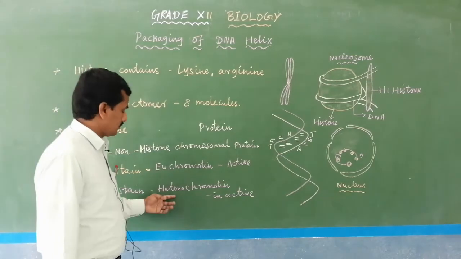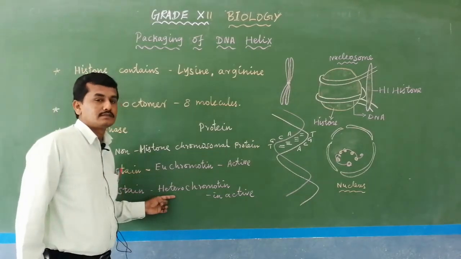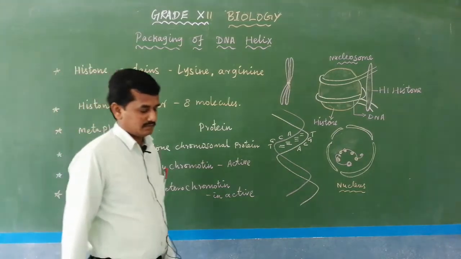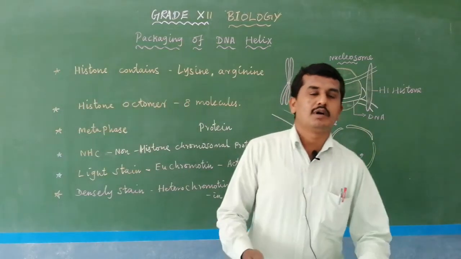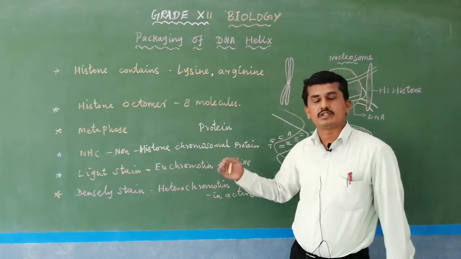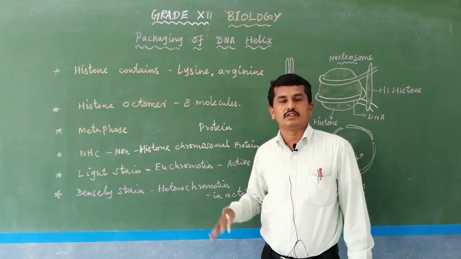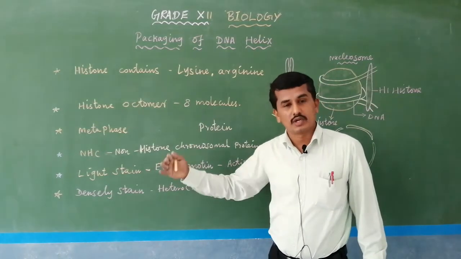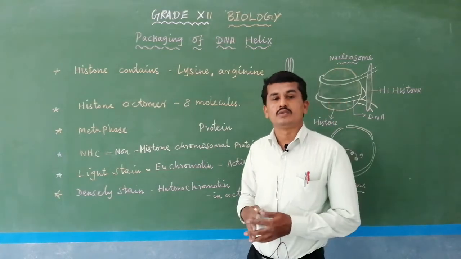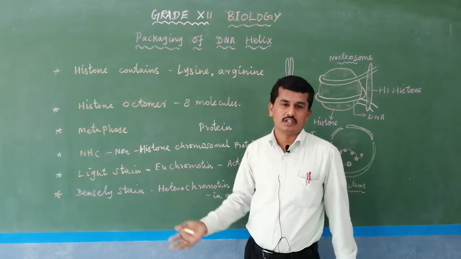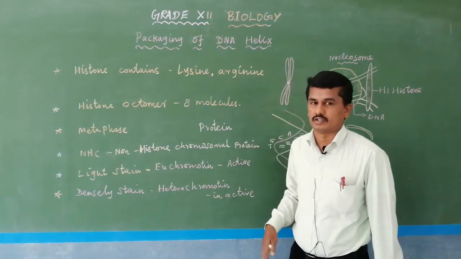So, that part is known as heterochromatin. Heterochromatin is actually the inactive part. Inactive means heterochromatin is not important for the transcription and translation process. What is meant by transcription and translation? In the next sections of this lesson, I will give an elaborate idea about how transcription takes place in prokaryotes and in eukaryotic cells, about translation, and what is meant by genetic codes.